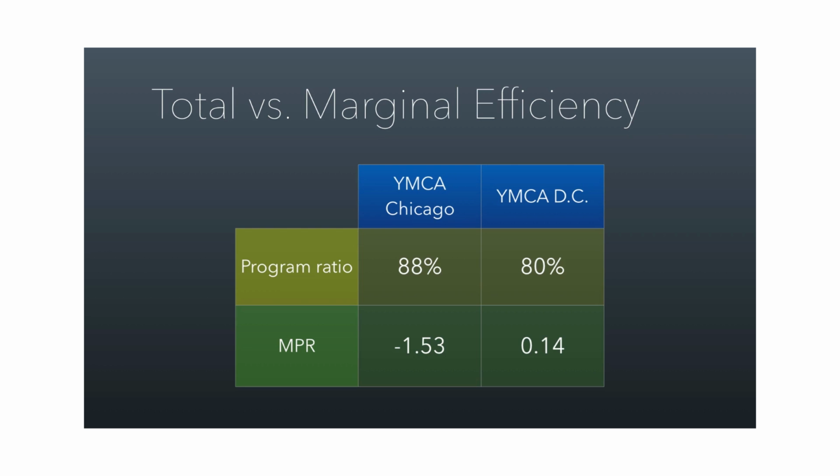What's interesting is if you were to look at this, and if you were a donor that only cared about program ratios, which I would advise against, but if you were a donor that only cared about program ratios, this creates a more mixed message than what you might have started out with looking just at program ratios. Because essentially increasing your donation to YMCA Chicago will actually make YMCA Chicago less efficient in their program ratio. Whereas a new gift to YMCA DC will make YMCA DC on average more efficient than they were without your